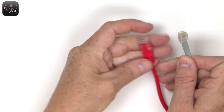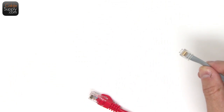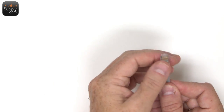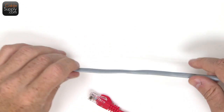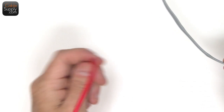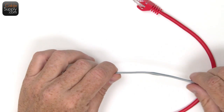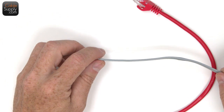It's a lot shorter, it's a lot smaller, and in most applications, it doesn't matter if it's straight through or reversed. One side is flipped. It doesn't really matter anymore. It's basically used in analog. You can't use this in computers because in computers you want to keep that twist. These wires in here are twisted, and they're twisted at a certain number of twists per inch that helps transmit the data. And I have a video on that,